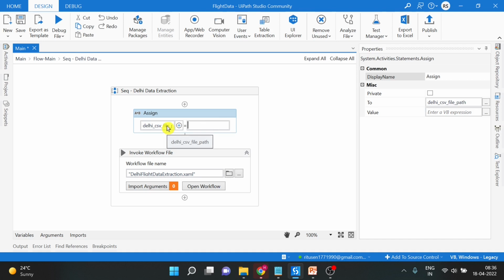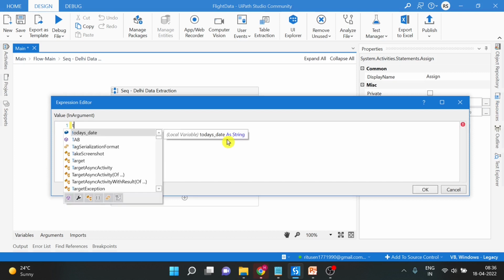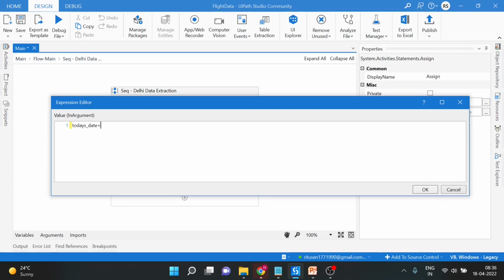Now we have to assign the value for this variable. So you can write directly here as well. I will use the expression editor. We already have the folder, today's date, plus we have to keep the file inside this, so we can use this backward slash plus. Now in the file name, what we want is daily